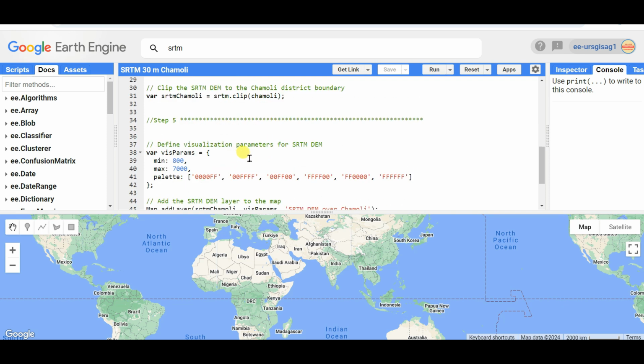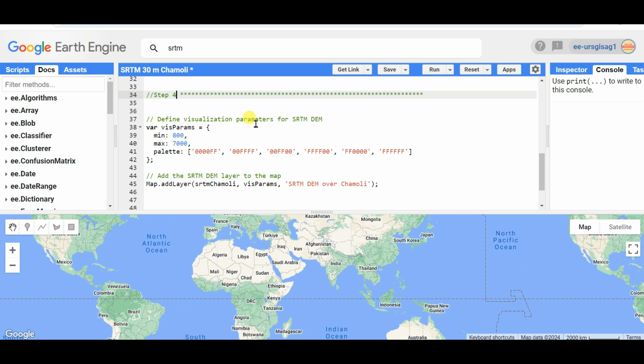Then the time for visualization, means using this 4th step I'm showing you define the visualization parameters. I know the area's minimum and maximum, you can find by calculating the range. If you want to find by calculating the range, please see my previous videos on how to calculate range, and you can find this minimum and maximum. So I want to request you, please see those videos from my channel, and I will paste the link in the description box. So please click on that and find the minimum and maximum,